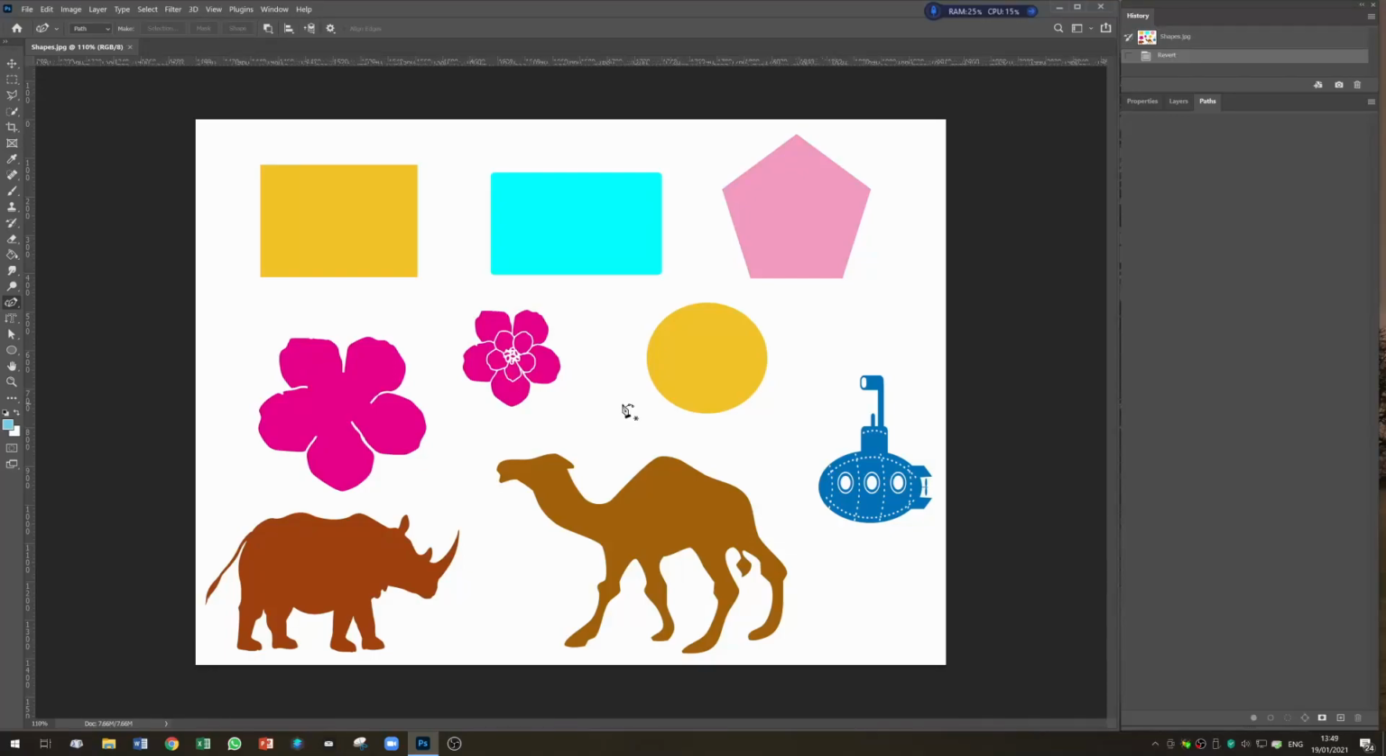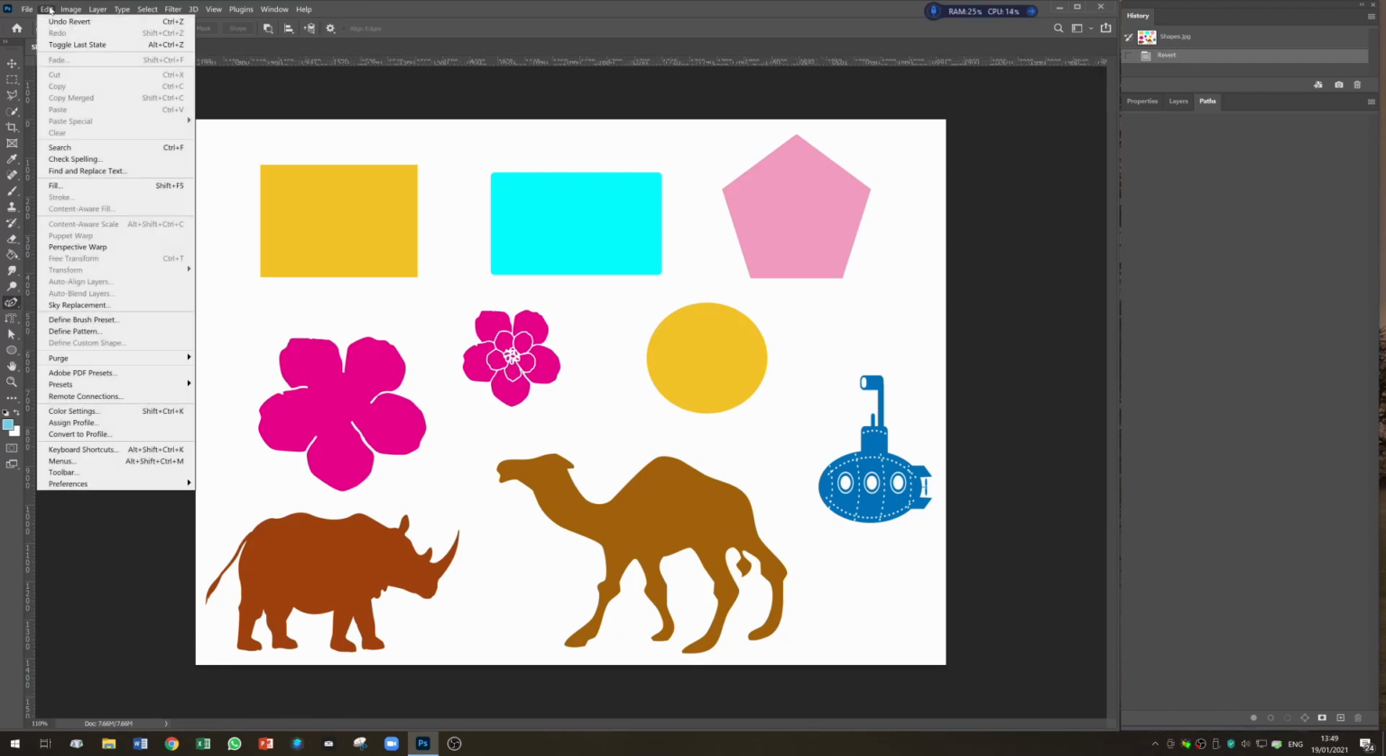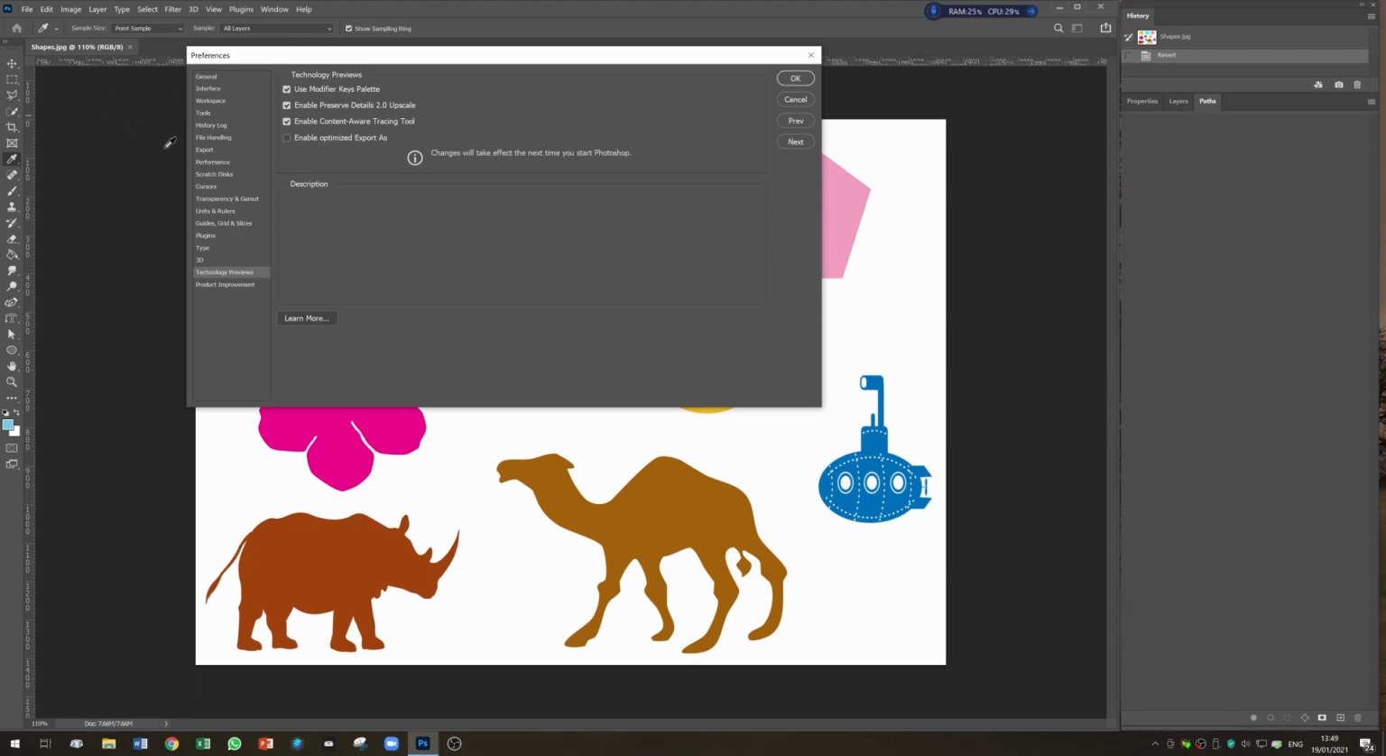Okay, so today we're going to look at the Content Aware Tracing Pen Tool. If we right click over here on the pen tool and you don't have the Content Aware Tracing tool available, you must be in Photoshop 2021 for this. Come up to Edit, down to Preferences, then select Technology Previews, and make sure you tick Enable Content Aware Tracing tool